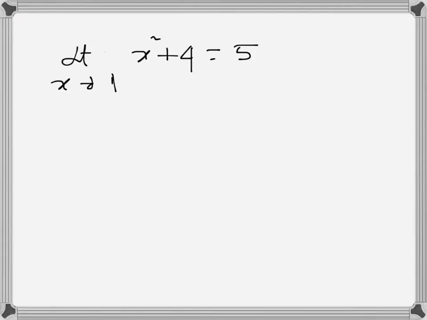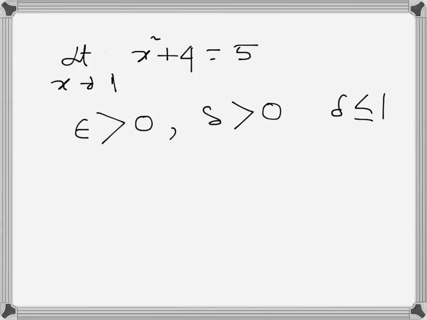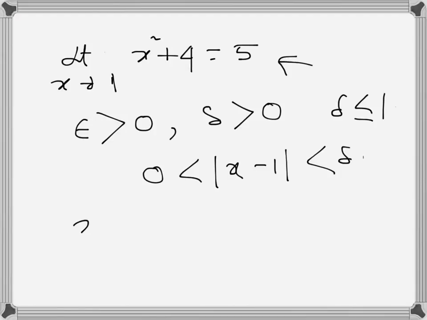In the previous video we proved this one. So if we assume that there is a constant epsilon which is greater than 0, and there is another constant delta which is dependent on epsilon, which is also greater than 0, delta is also less than or equal to 1, and then if we say that delta is defined as this relation, this inequality, then in order to prove this one we need to show that x squared minus 5